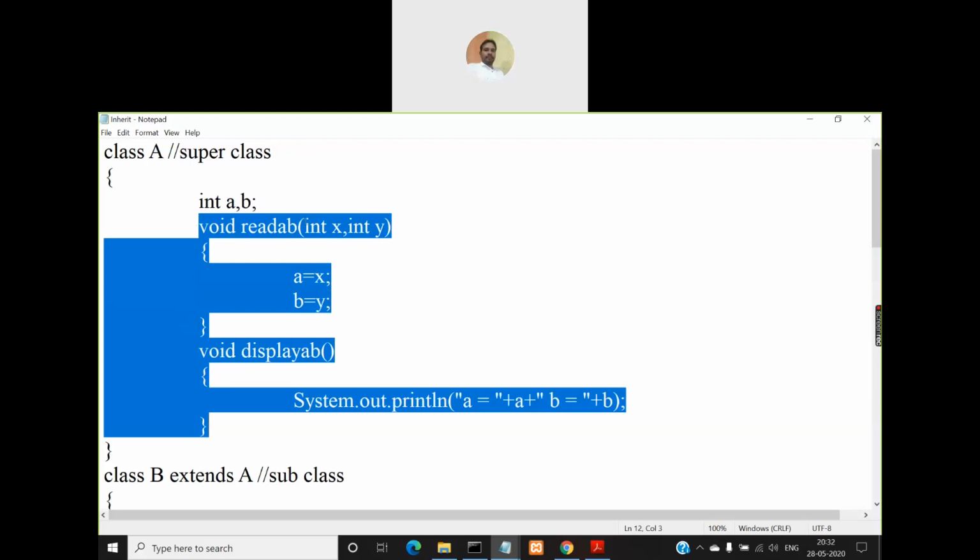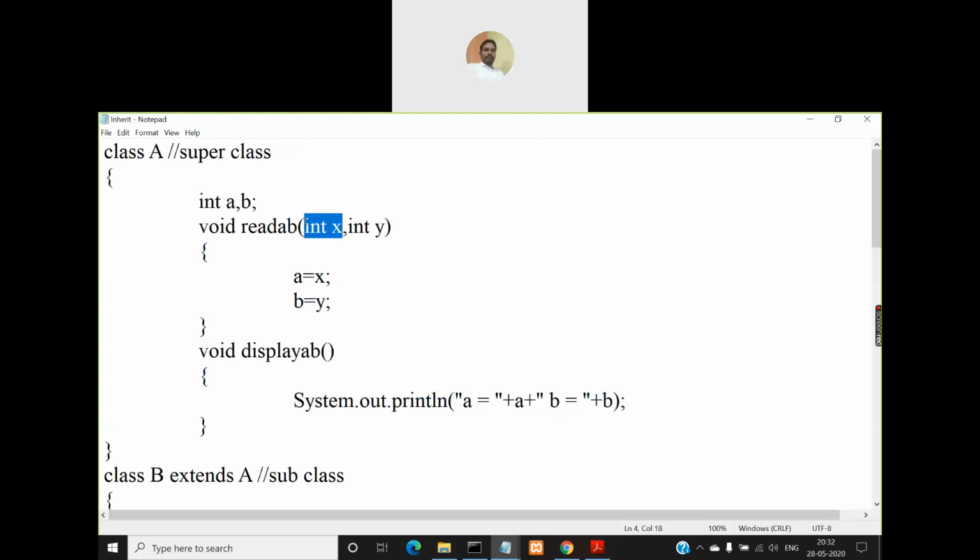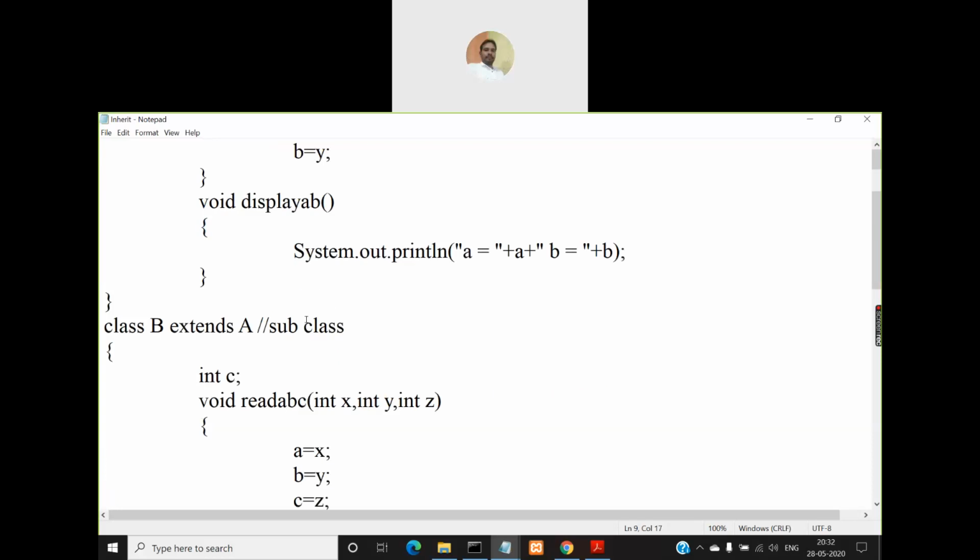The readAB method receives two integer parameters, int x and int y, and those values are assigned to the a and b instance variables respectively. The displayAB method, as the name indicates, will display the values of a and b on the screen, so it doesn't have any parameters. These are the members of class A: two instance variables and two methods.